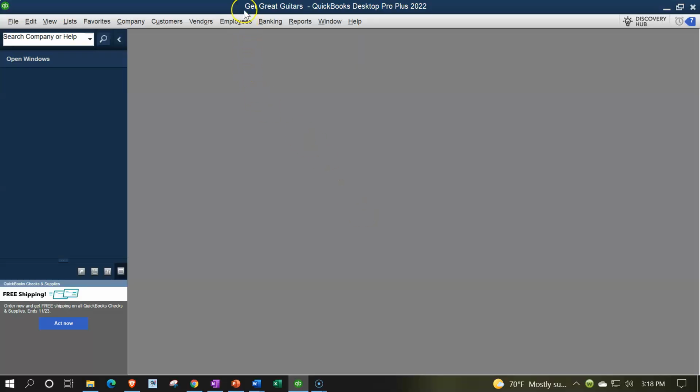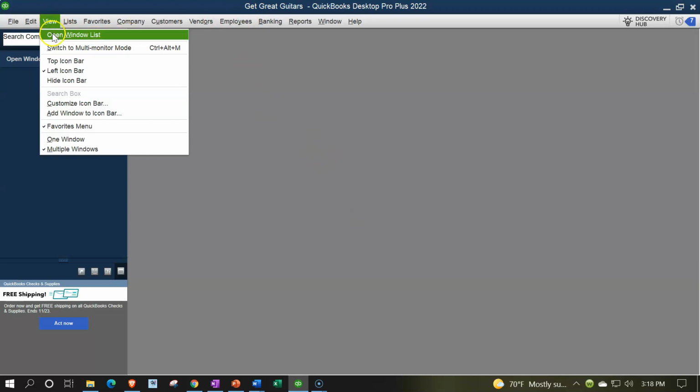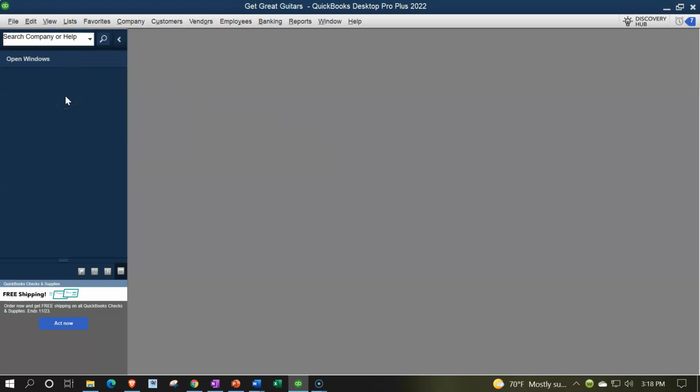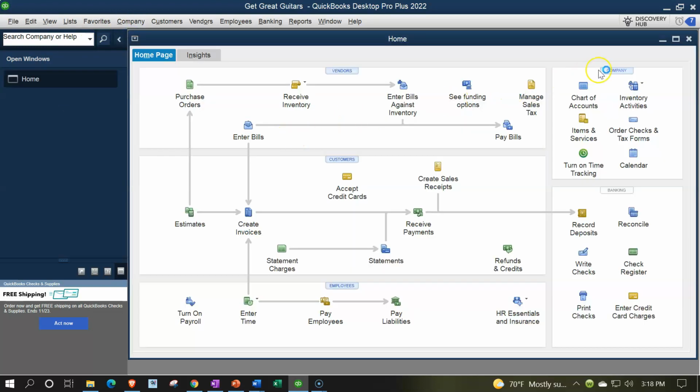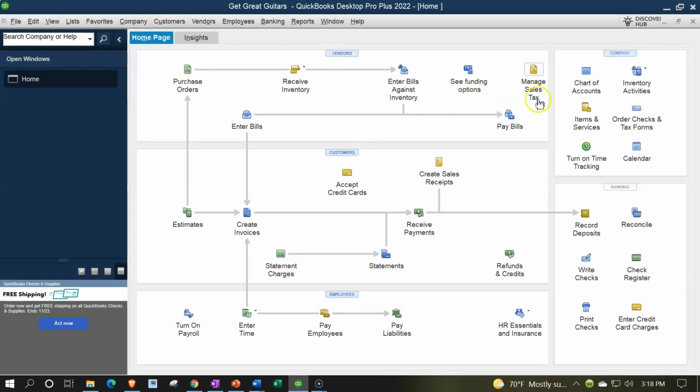Here we are in our Get Great Guitars practice file, going through the setup process with the View drop-down, the open windows list on the left-hand side, company drop-down, home page in the middle, maximizing that home page. We're going to be stopping here given the fact that we're looking now at a purchase order,